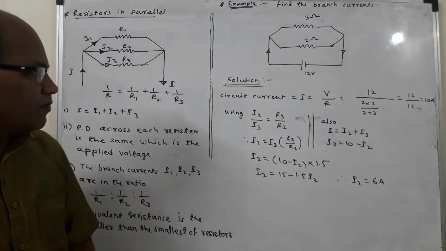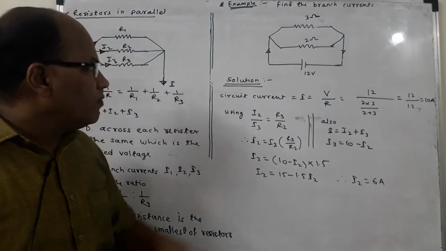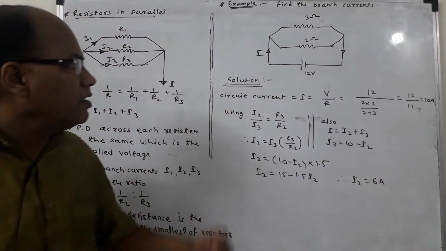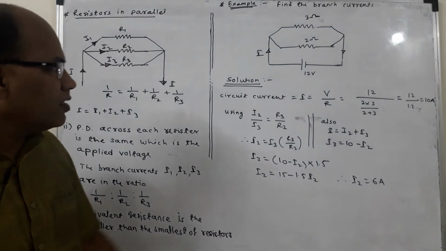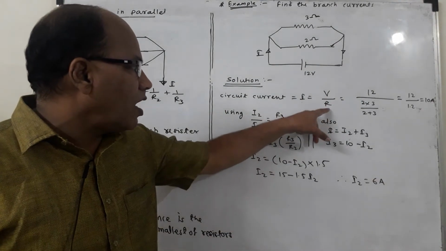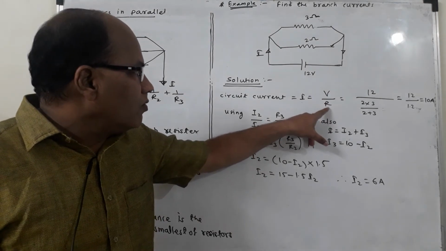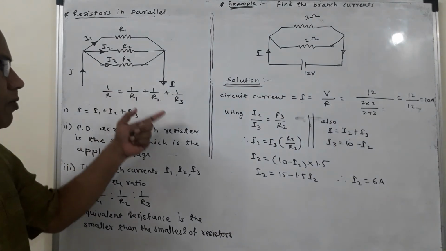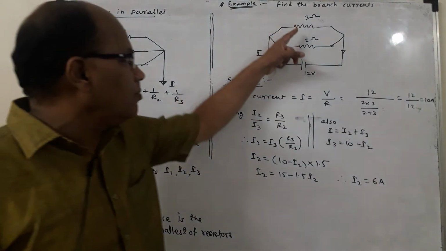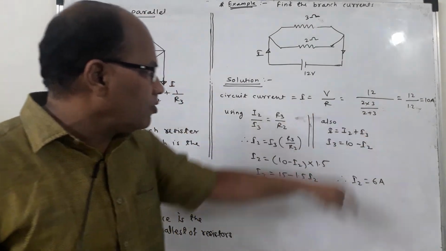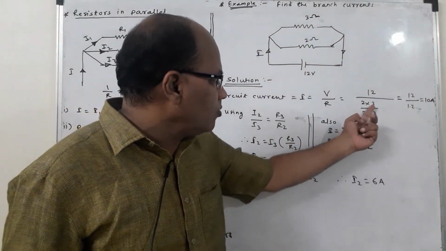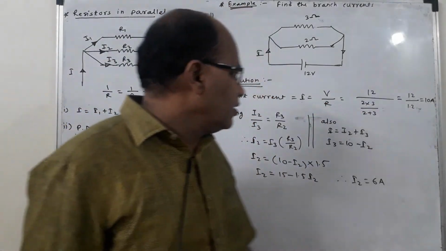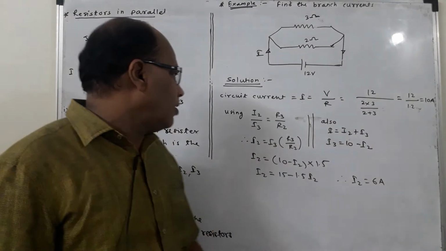Now what we will do is first get the circuit current, that is current I. So let I be the current flowing through the circuit, and it can be obtained as I is equal to V by R, where R is the equivalent resistance. Now V is given as 12, and the equivalent resistance can be obtained by using this formula 1 upon R1 plus 1 upon R2. So 1 upon 3 plus 1 upon 2. If I simplify it further, it will be 2 into 3 divided by 2 plus 3, and the current will work out to be 10 ampere. So the circuit current is equal to 10 ampere.